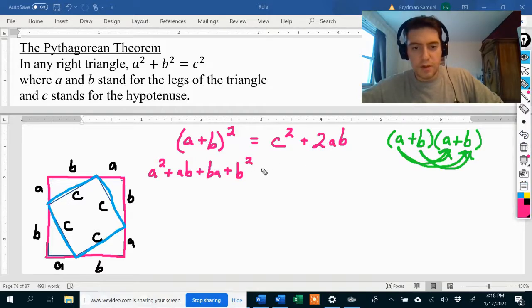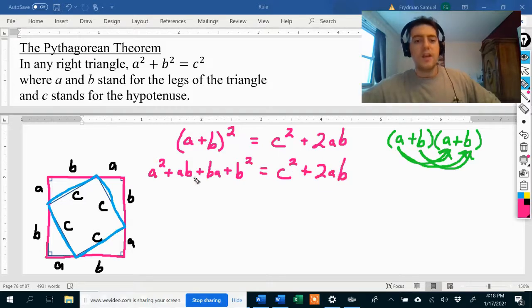Okay, and I didn't do anything with this, so I'm just going to keep this the way it was. Now, can I simplify this at all? Yes, I can. Here I have a times b, and here I have b times a. Remember, these really just stand for numbers. So I know that a times b is the same thing as b times a. No matter what 2 numbers I have, if I call one a and one b, 3 times 4 is the same as 4 times 3, right? Okay. So these things are really the same, and I have 2 of them, which means I can write this thing as